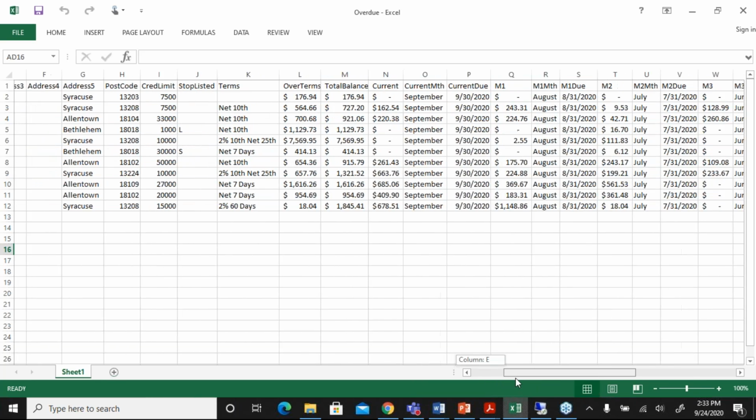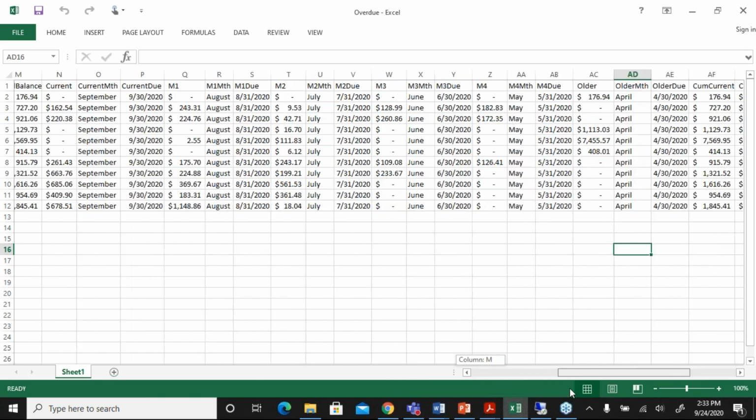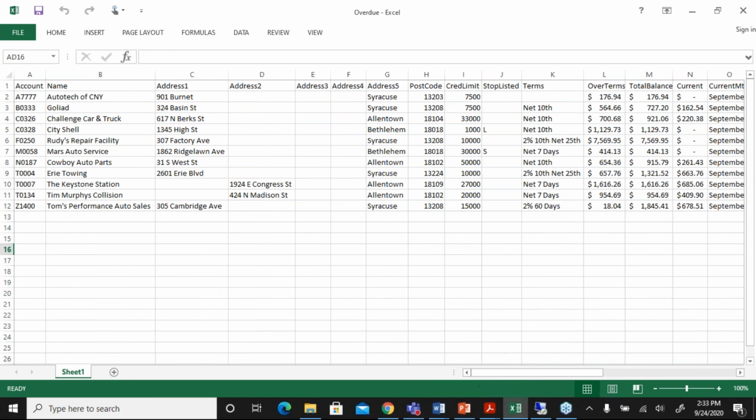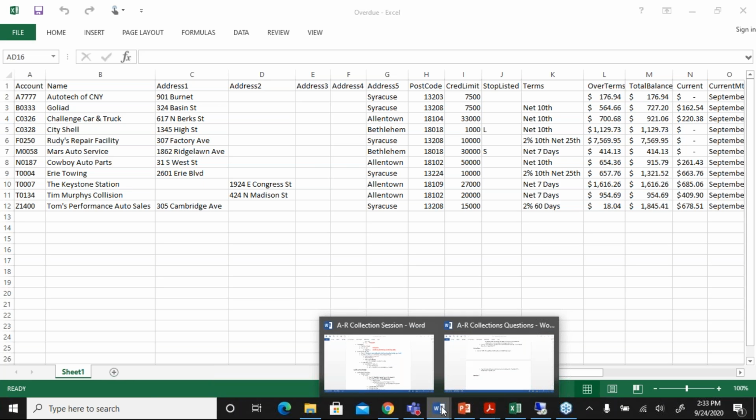You've got your balances, what's overdue, what the dates are, et cetera, all their cumulative information. And the idea is now you can take this, right? Now, it's probably going to be more than a dozen lines long. You're going to want to send out quickly a series of letters, for example. So you can,